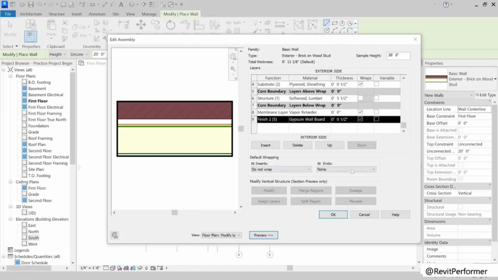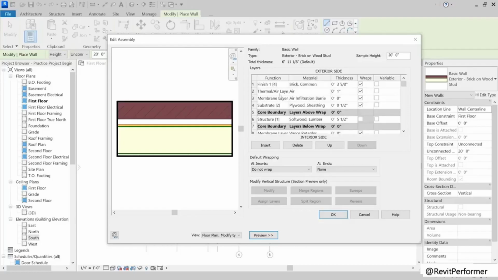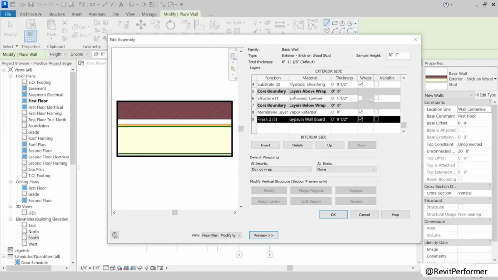A few other things I want to point out really quick are this thing where it says add inserts, do not wrap. What that is referring to is what the material does at that moment. And if you look here, right now with the way that this is set up, all of these layers, except for this structure layer here, the stud layer, wrap or can wrap.